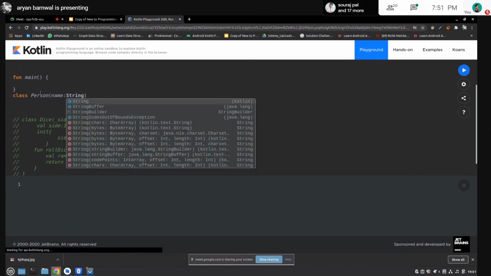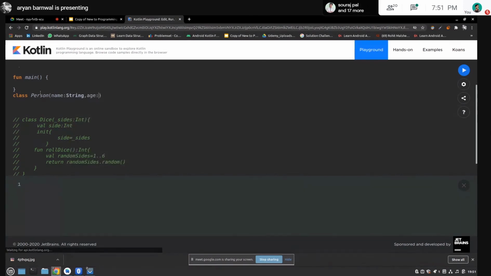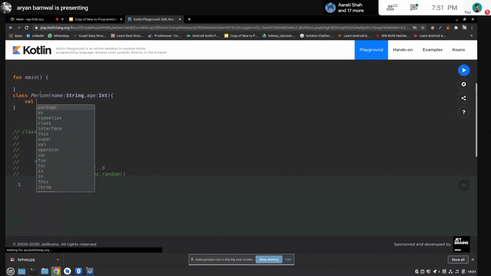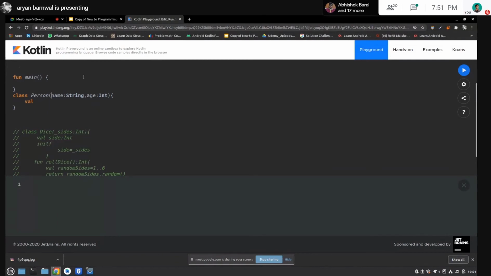The second one is an age of type int. Just to distinguish between the parameters and the variables, I write an underscore there. Val name of type string, val age of type int.